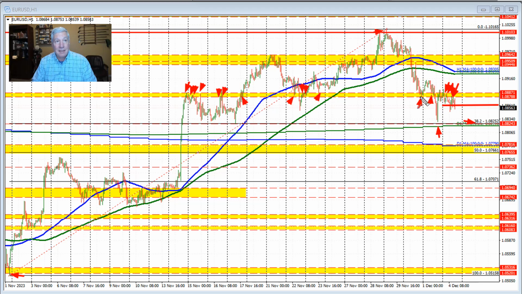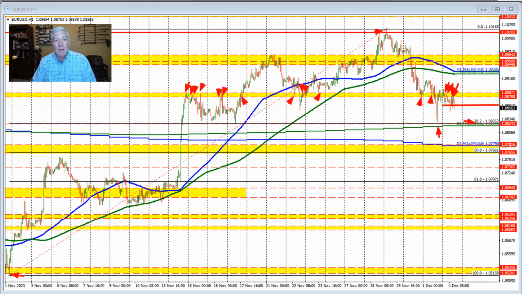What we can say technically off of the hourly chart is that this area up here between the 1.0878 and 87 is going to be our key level to get to and through on the top side, to give the buyers more confidence that maybe the corrective move off of the 200-day moving average, off the 38.2% retracement, is the right move. In which case, we'd start to look toward the 100 and 200-hour moving averages up here, the green and blue lines up here near the 1.0925 to 30-ish type area for the euro versus US dollar as